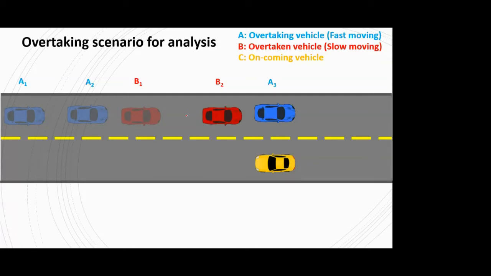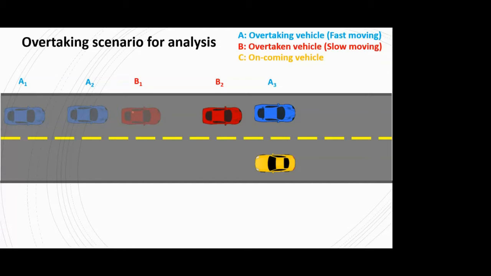It's not like that. We are considering a critical case. So for that critical case, all the vehicles are moving with whatever speed they desire. Okay. And then in that case, this B vehicle is also moving, though it's a slow moving vehicle. So you can see your A vehicle has traveled a lot of distance, but your B vehicle has traveled a lesser distance, but nevertheless, it has traveled some distance.